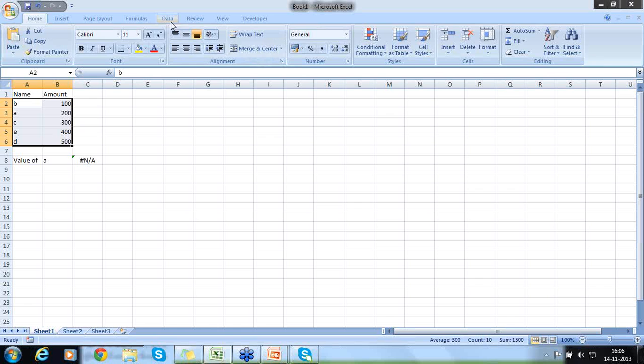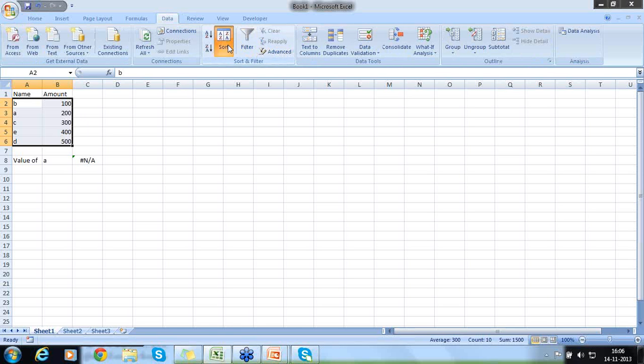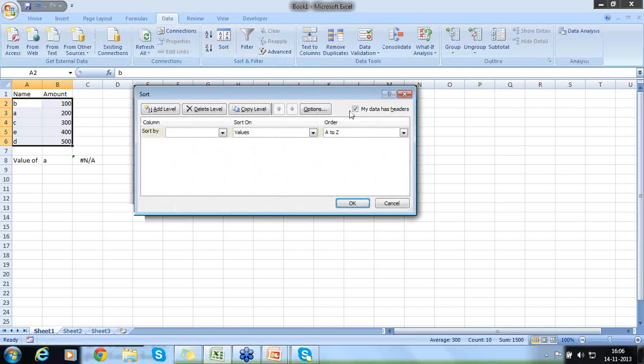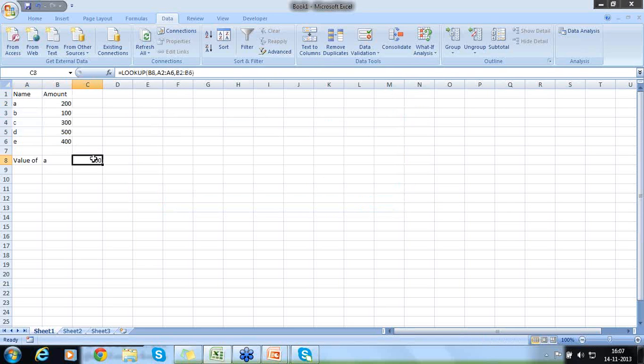So lookup always works with the sorting. So I need to sort the value. My data has a header, yes, name, I sort the value. Once I sort the value, you can see now 200 is appearing. Right? Now if I have 2 C's, so it is taking now,